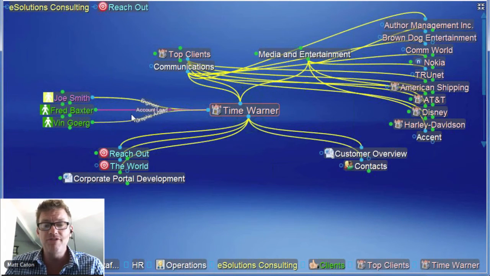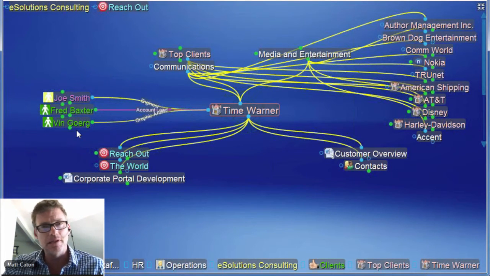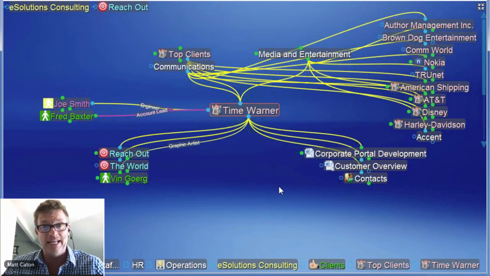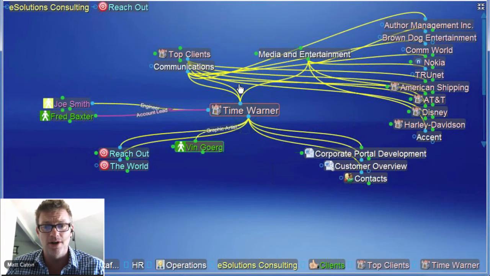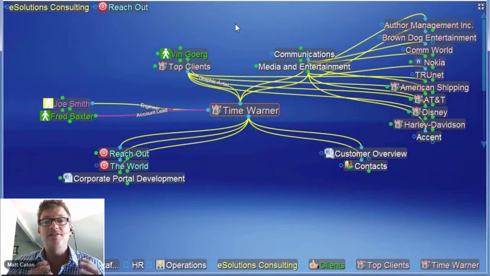And I also have a wonderful feature which is called a jump thought. A jump thought is where you can break away from any type of hierarchical structure you may be creating. Jump thoughts are typically related to the active thought, but let's pick Vin, for example. He is not a subcategory of Time Warner, so I don't have him linked down below. He doesn't own Time Warner, so I don't have him linked above the Time Warner thought, but he's currently working